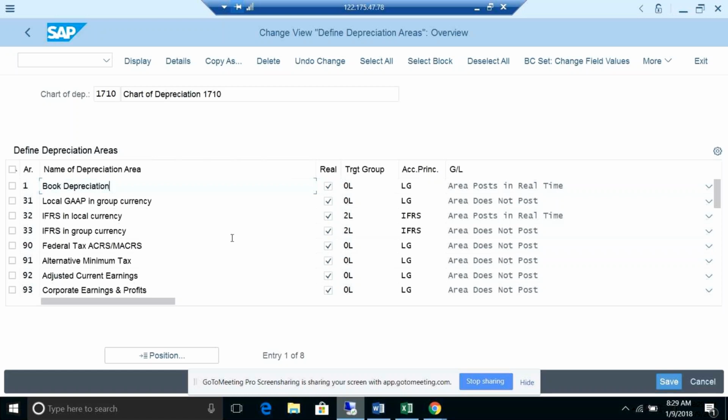Experiment with this. Then you can add multiple accounting principles, multiple depreciation areas, attach multiple accounting principles to your depreciation areas, and also add more currencies. Then you will see the differences. But by the end of the practice, you will learn only these things.